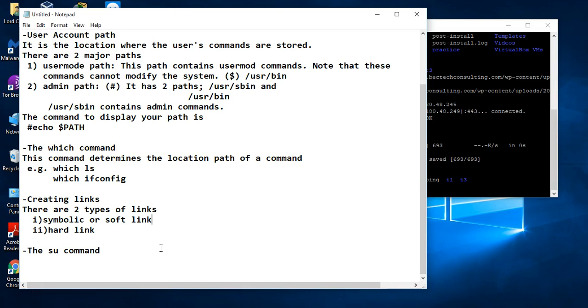Say a typical example: I have a directory called directory1, and in directory1 there are important documents which I need like 5 different people or different departments in the company to have access to. I can create a soft link or a hard link into another person's account or give them access to